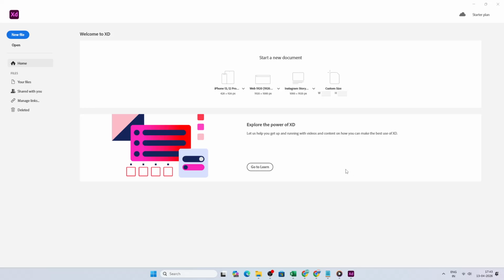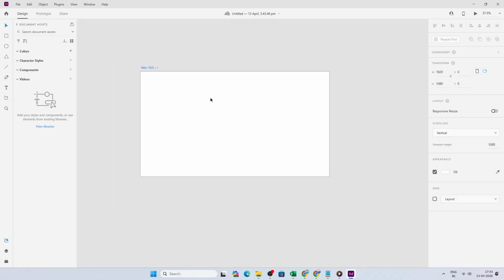In today's video, I am going to teach you how to make a looping video play in Adobe XD. Start by opening Adobe XD and creating a new document. Pick an artboard size that fits your project so you can see how the video will sit in your final